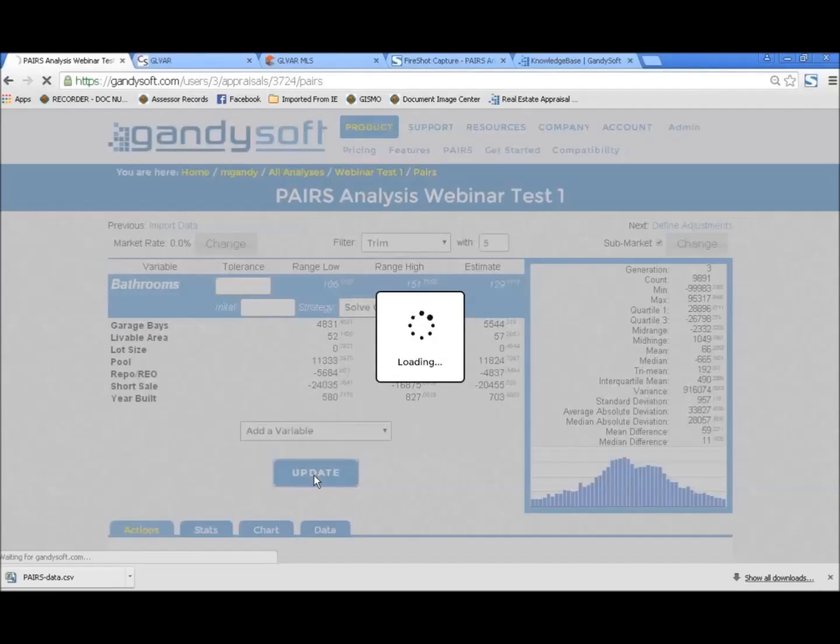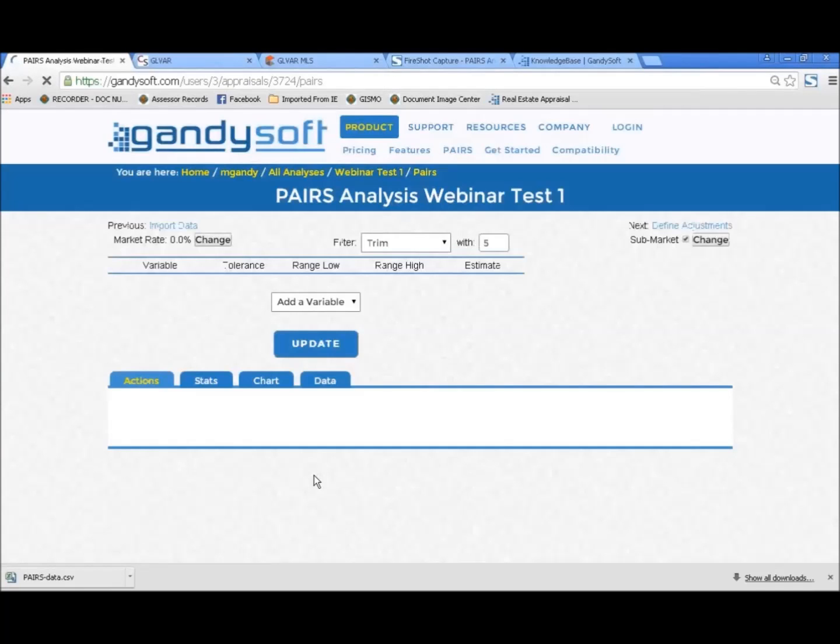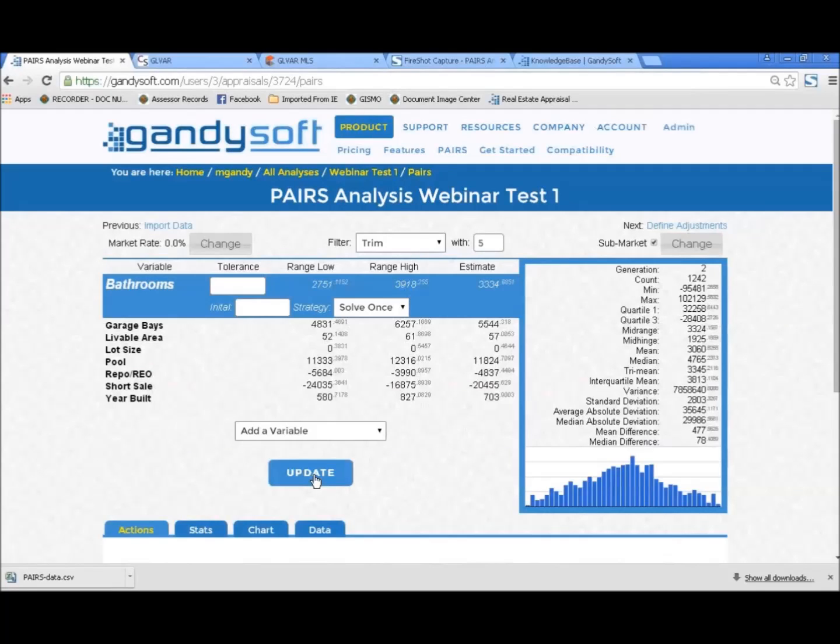These are the options I was going to tell you about if we had a negative number for bathroom. Well, we could try solve once, or a non-credible, negative or non-credible number. Now this is going to give us the first solved value for this variable. Now look at that. That's awesome. So we got almost that same $4,000. And if you look, guys, now